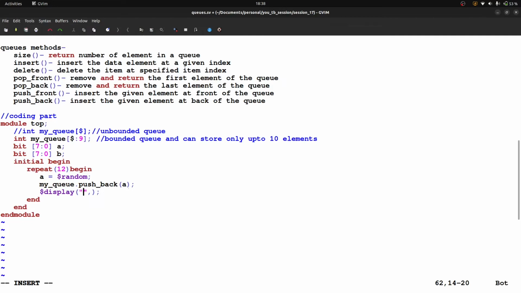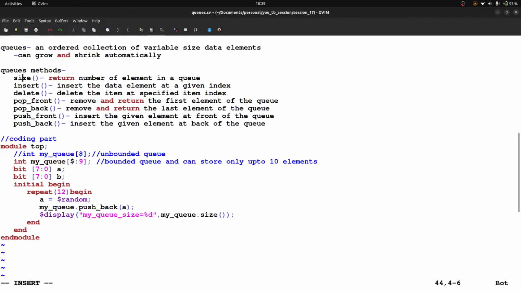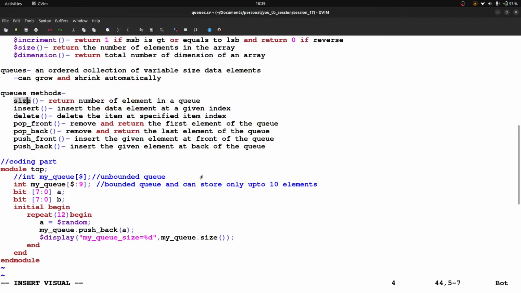So I can write my_queue_size is equal to %d, and here I can write my_queue dot size, right? I am using the first method, that is size, this one, right?